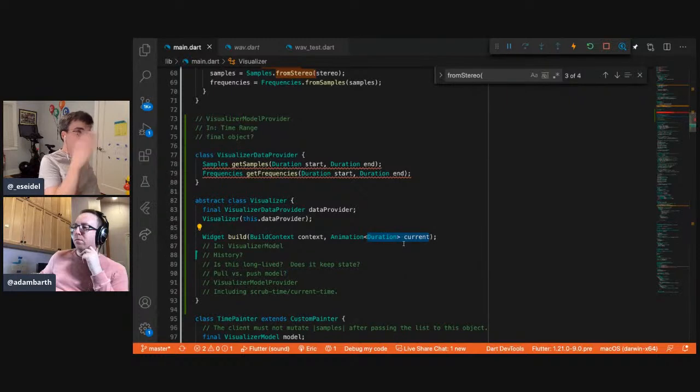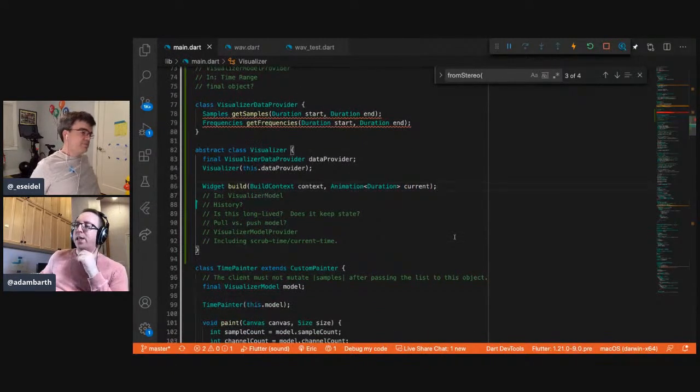I see. It already has its data. It's calculated out whatever its data needs to be. Yeah, this is just strictly more flexible. If you wanted the current duration, you could just grab it off the animation. Okay. And this animation will also give you information about the beginning and ending values, I believe.